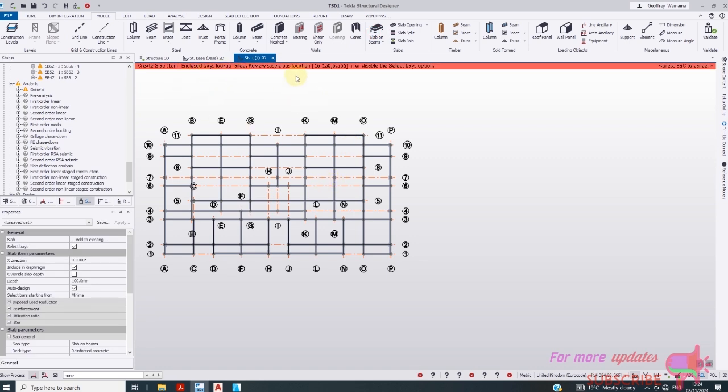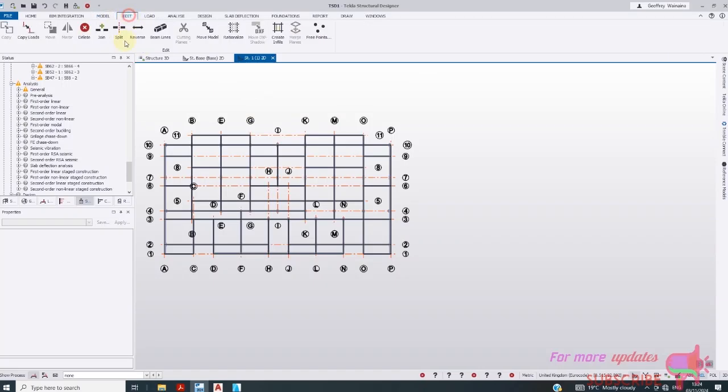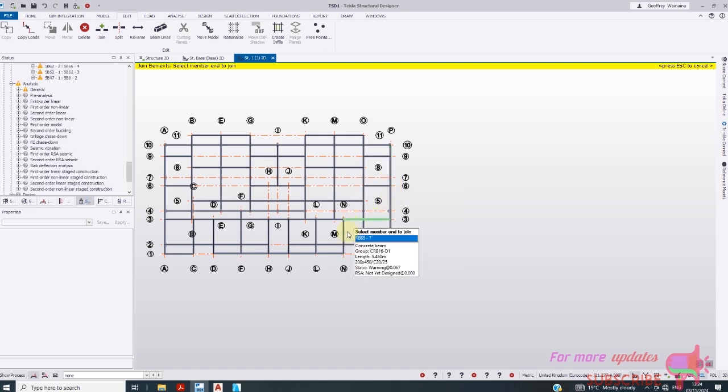Review suspicious location and or disable the selected bay option. So I'll escape. So let's try to edit and then join members. I'll select the node to join at that point. Any suspicious members that are not joined,